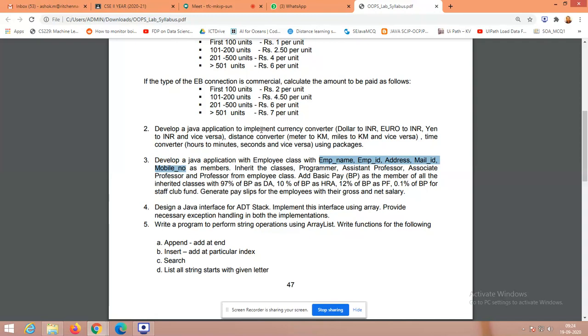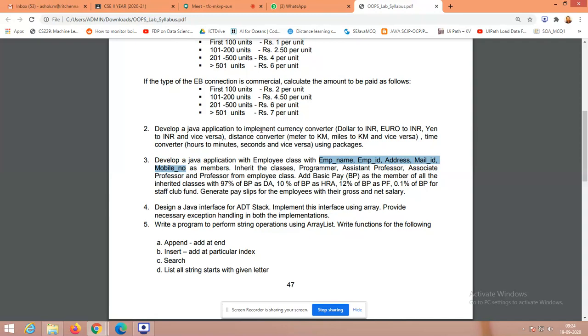Okay, so these percentages are going to vary for all the classes. So that can be taken as an input, or you could give these values inside the file. That's also a very good idea. Give the basic pay, and the corresponding DA percentages can be given in the file. The percentages of components can be given in the file. From the file, it will take the data, process it, and generate the output. Right. So the generated output will be a pay slip.